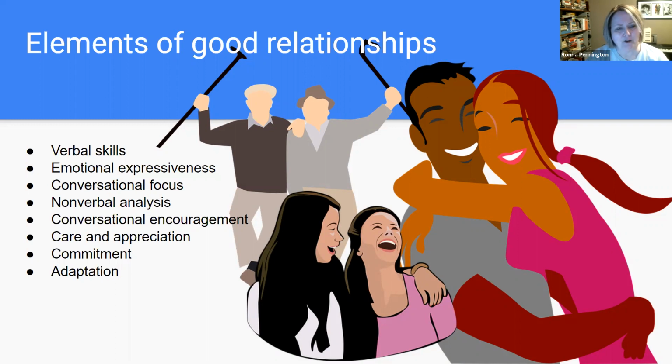I know in my particular case, one of my good friends in college and I decided that we would go through sorority rush together. And we were so excited about it. And we just kind of assumed that we would join the same sorority because we had become best friends in college. And that didn't happen, but we talked about it and said, hey, are we still going to be able to be friends if we're not part of the same group? And why are we friends if we're not part of the same group? And honestly, it was our differences that made us friends. So anyway, elements of good relationships involve all of these things. And it really basically comes down to just being honest when you communicate.